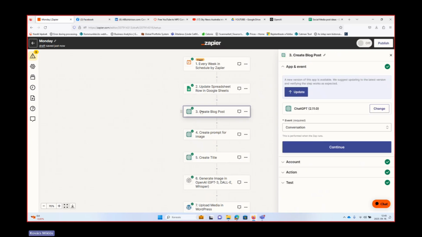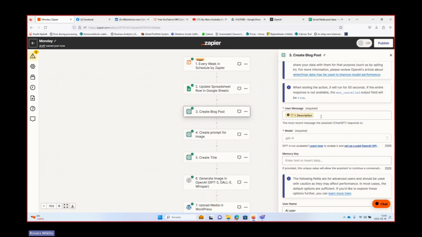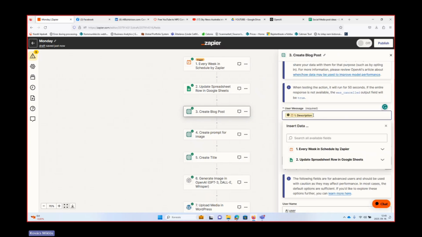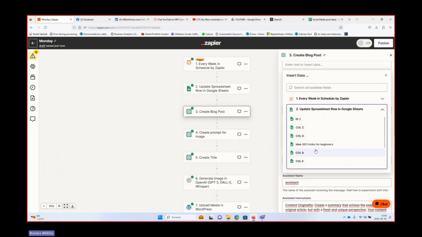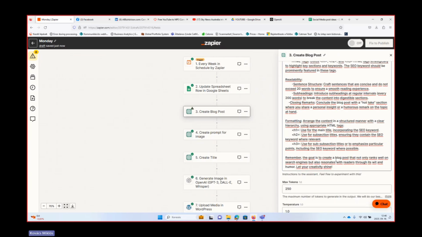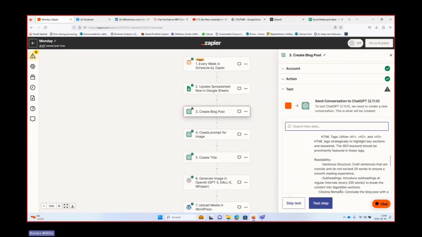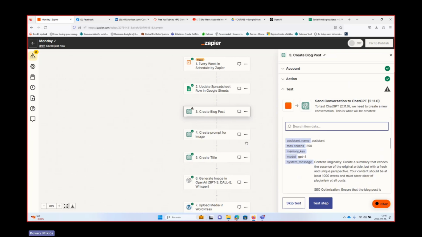And then if I come here and I want to create a blog post, then everything is the same except the user message, so basically the input data would be the idea I'm placing here, and then the rest would be the same, right? So from this idea, ChatGPT would generate again a blog post, an image would be created, and so on.